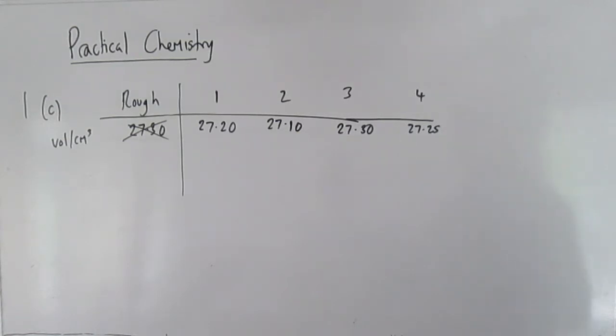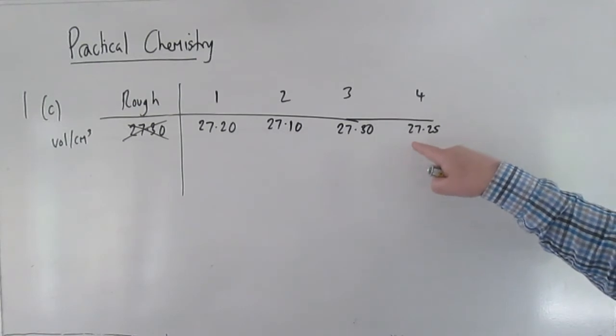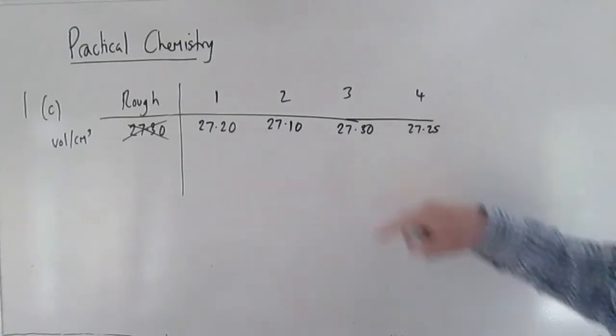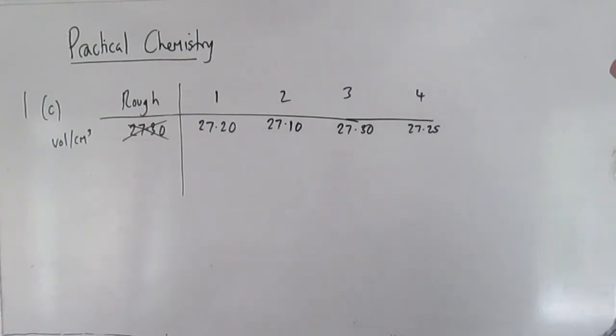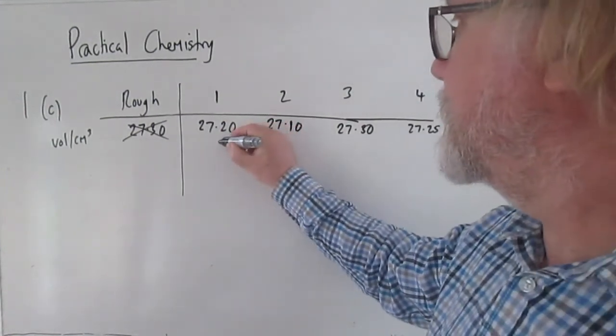From the remaining ones, what you have to look for are the ones that are most closely clustered, and you have to be careful because quite a lot of people, for example, spotted that those two were close together and they said, oh yeah, those two are close together, so we'll just take the average of those two, and they left the other two out. But actually, if you look, you can see that that one,